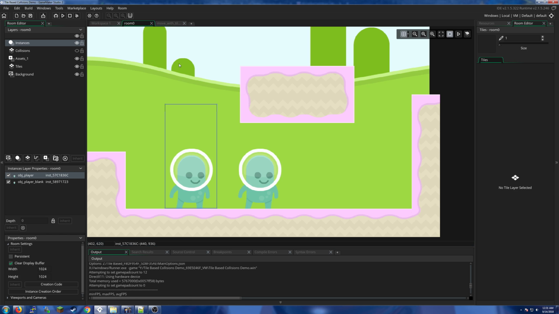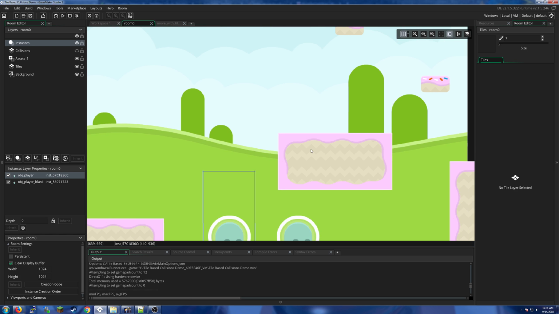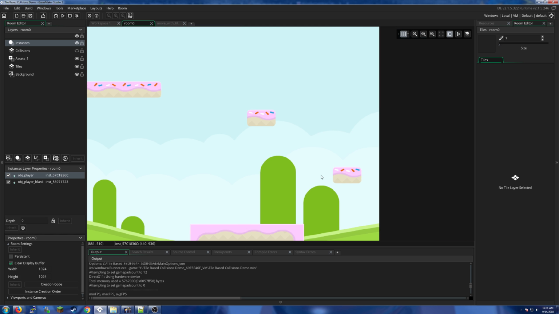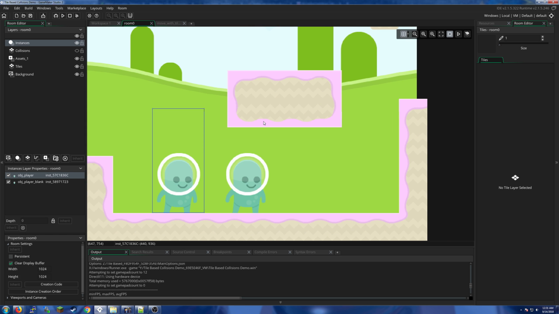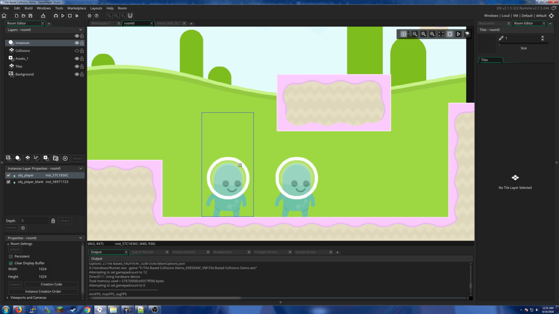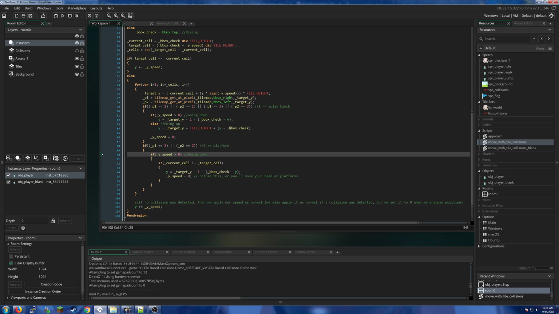But as you can see, this works just fine with regular full collision tiles. It also works fine with platforms. And I think, in fact, if you really wanted to, you could probably switch this script up just a little bit, and you could actually make it work with tiles that you set up with